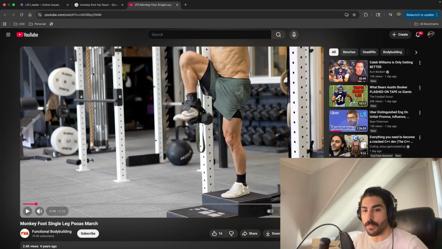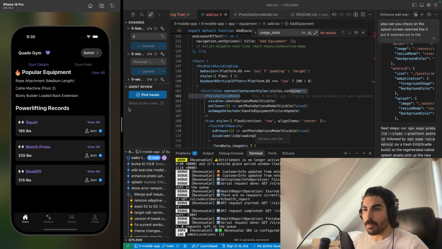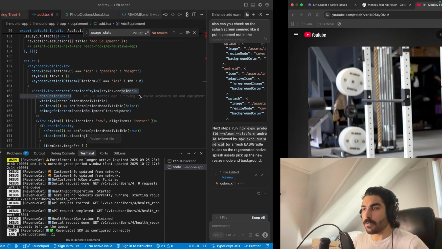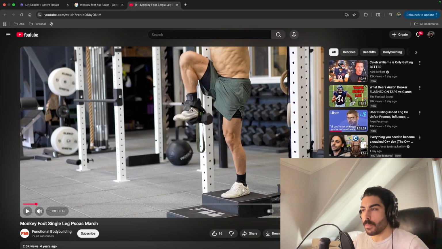So I tweaked my groin playing basketball the other day, and I wanted to do some rehab exercises like a Copenhagen plank, and then I have this monkey foot attachment where I can add weight to my foot and do hip flexor work. The only problem I was thinking about was I log equipment to my gym in my app Lift Leader, and I don't want to log this monkey foot to my gym because it's my own personal equipment,